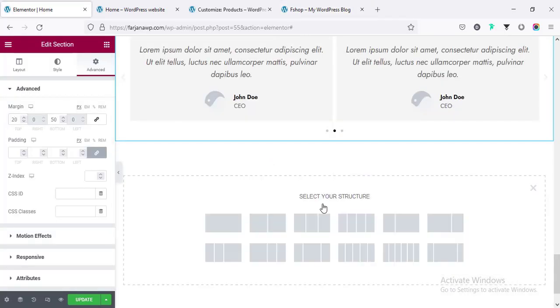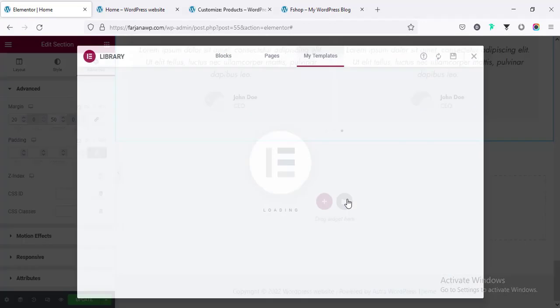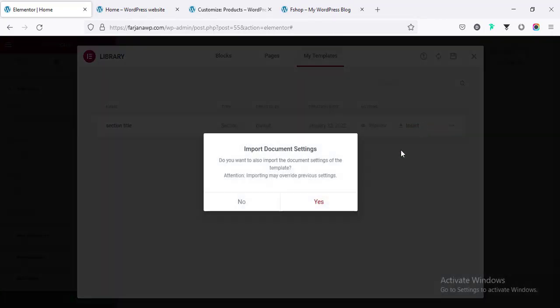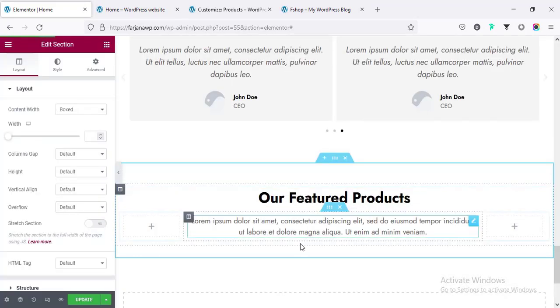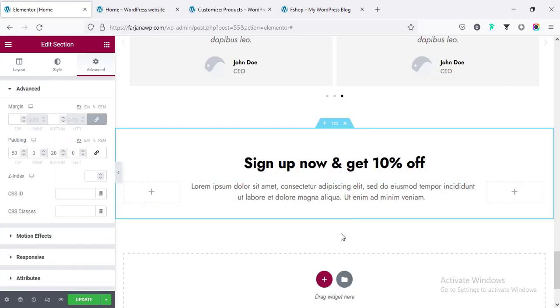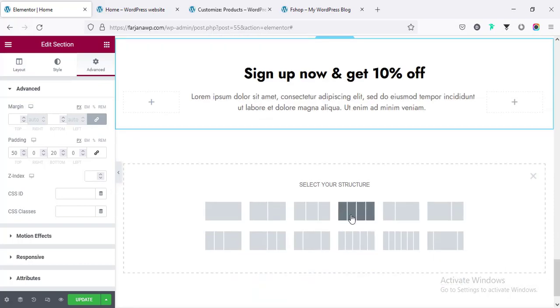So here first, crossing it, taking the section title and changing this text, and now going to create a new section. I'm taking 3-column structure,